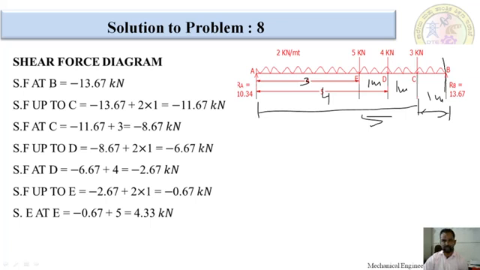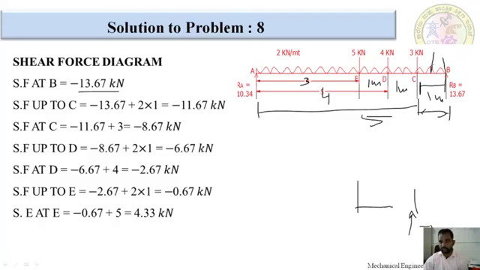Shear force calculation at B. From right to the section, upward force is taken as positive and downward force is taken as negative in shear force calculation. This would be negative 13.67 kilonewton. Up to C point, how much are we having? 13.67 is the negative value,